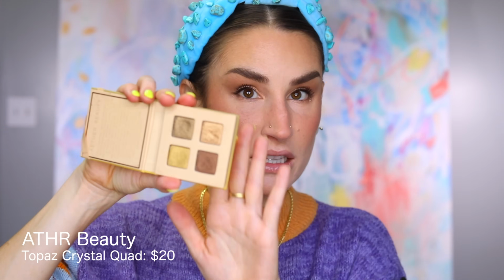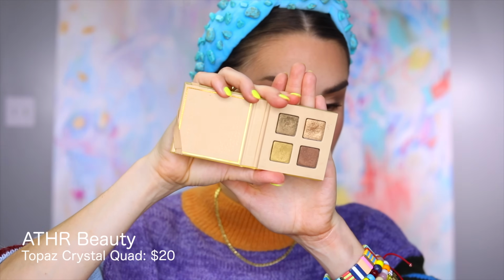We have Topaz, another one that is a little bit more in the medium to deep category. It doesn't have, like I said, you can look at it and say, oh, okay, that doesn't have a super bright highlight shade. And the other thing about Topaz is that it doesn't have any mattes in it, which is a little bit